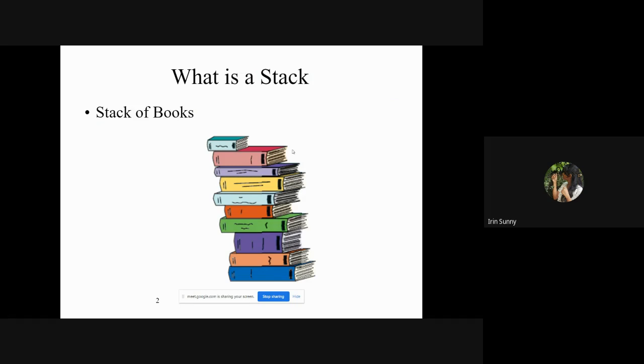So imagine a set of books. Which is the first book you will take? The book which is placed at the top, and that book is actually put last, right? When you arrange a stack of books, the small book is put on the top, so that is the last book to be placed on the stack. If you take a book from the stack, it is a linear data type. You cannot take from the middle or anything. You take the book on the top. When you arrange the stack, the last element which you place is the first element which you take.